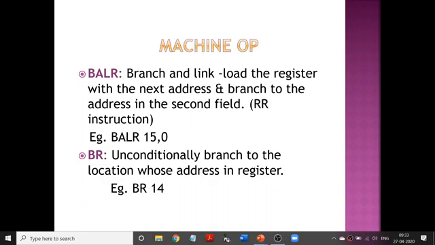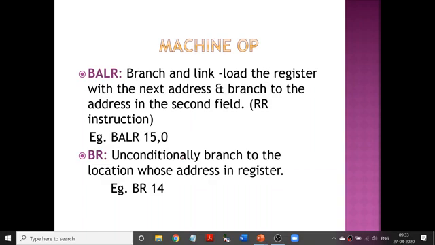First I'm linking, I'm saying 15 is the base register, and the address pointed to by the next instruction will be the value stored inside my base register, right? I have said this is the base register, and this will be the address stored inside it. And then immediately I also wanted to branch. I will branch to the address pointed to by my second operand. Whatever my second operand says here, that address will be the address where I will